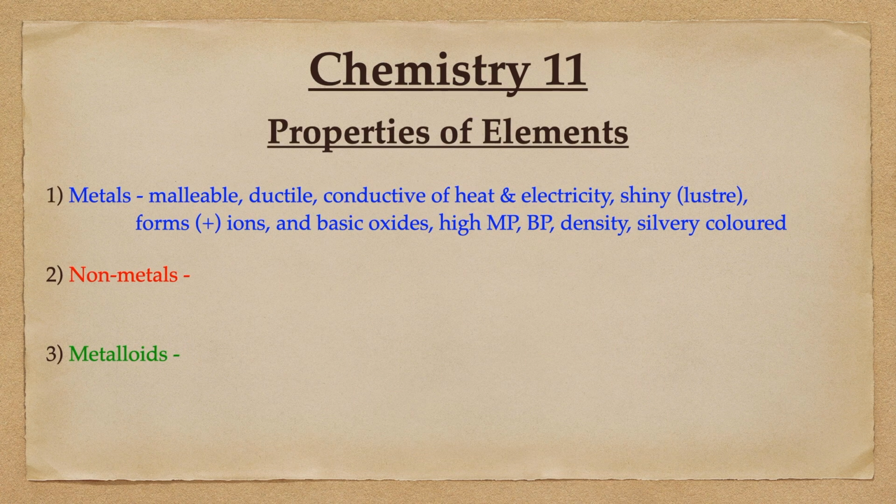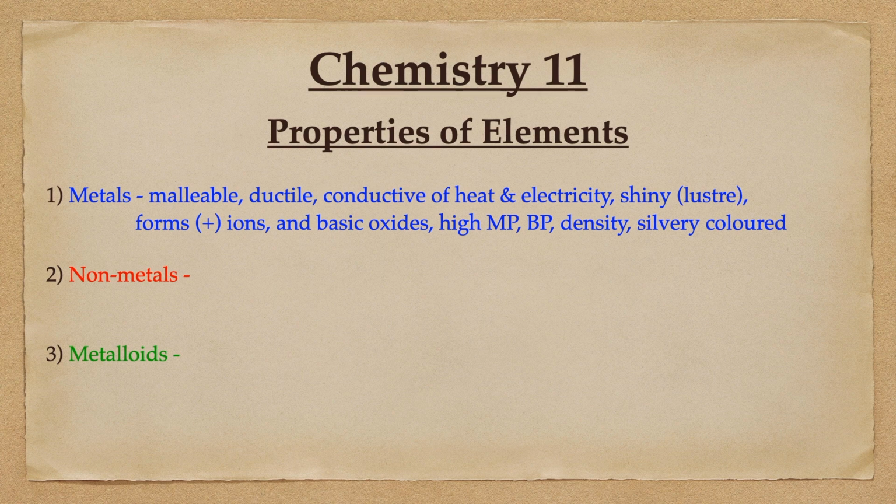Metals in general are known to be malleable, ductile, conductive of heat and electricity. They all have a bit of a shine or a luster to them. When they form ions, they form positive ions. When reacting with oxygen, they form basic oxides. And in most cases, they have high melting points, boiling points, and density. And almost all of them, with the exception of gold and copper and a couple of others, are silvery in